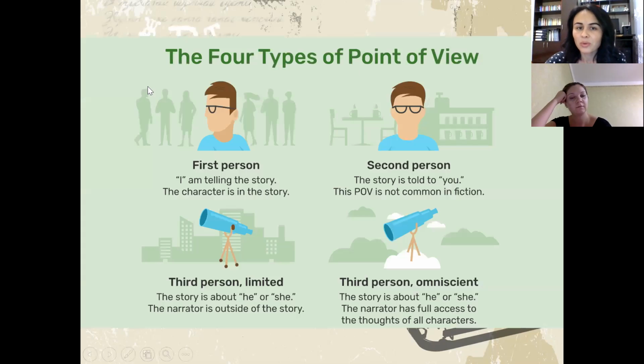And as a summary of the four types of point of view, as you already know, we have first person narrative, so I am telling the story. And the second person narrative, you are telling the story. And the third person limited narrative, that's he or she just tells the story, but doesn't go really inside the story. And we have third person omniscient narrative, which is all-powerful, and that's about he or she, and the narrator has full access to the thoughts of all characters. And actually, this kind of limited or omniscient narration can be used in the first person as well. While you are writing in the first person,